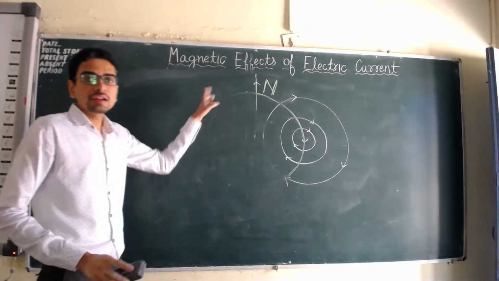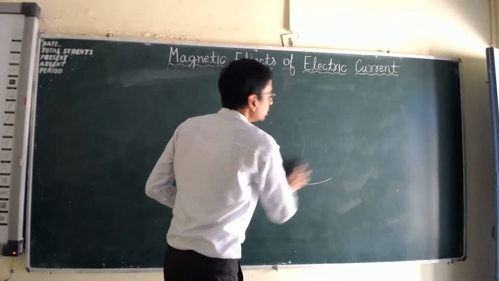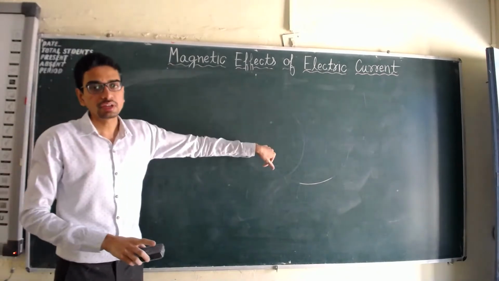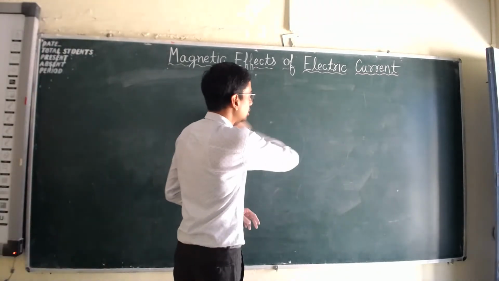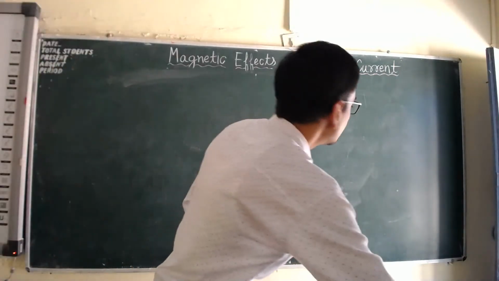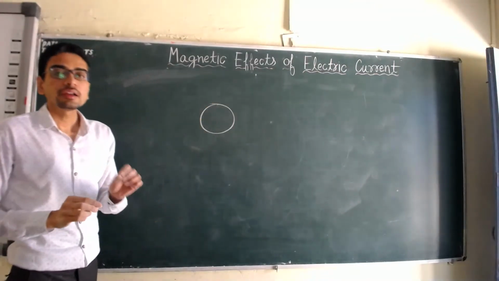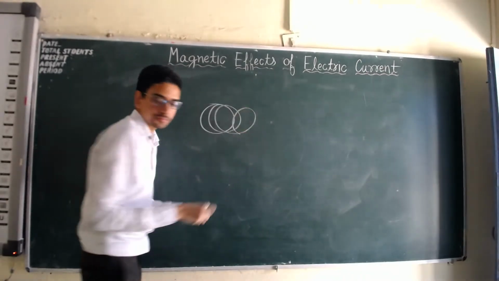So we are studying magnetic effects of current. So you have studied magnetic field lines around the bar magnet, around a straight wire, and around a circular wire. Three things you have understood. Now the last topic for today is what you have studied: circular wire. This circular wire हो गया. But if there are many circular wires like this,